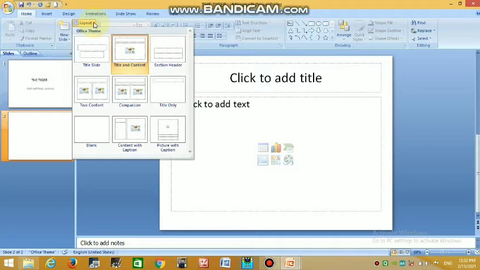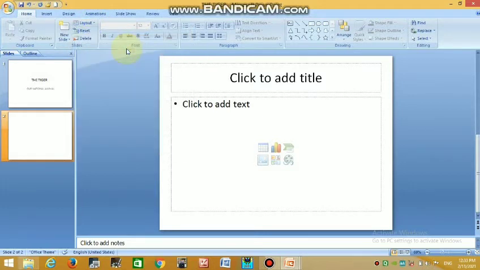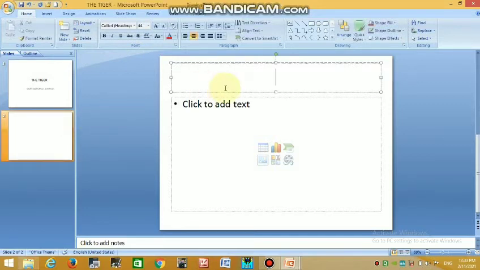Slide number 2. For example, I choose this layout, title and content. So this is our slide number 2, the second slide. Here we can add information.